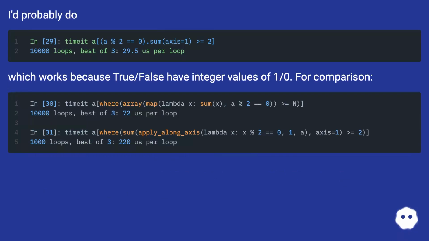I'd probably do, which works because true/false have integer values of 1/0. For comparison,